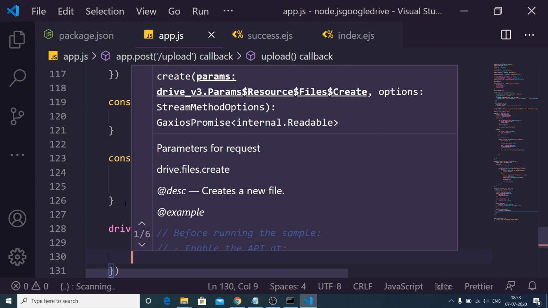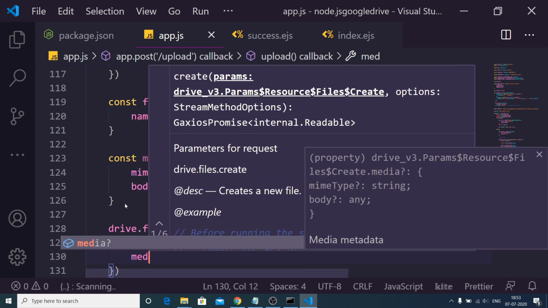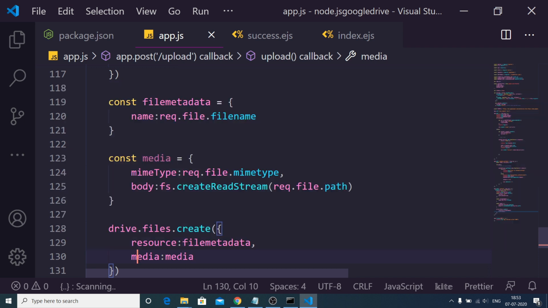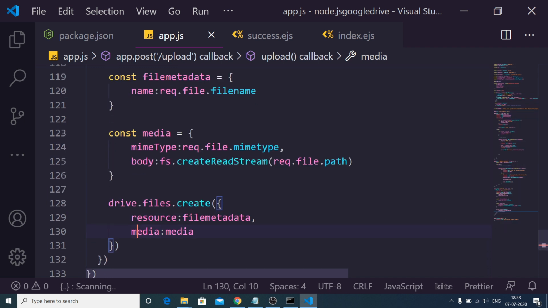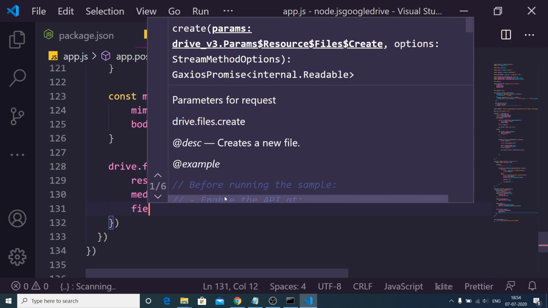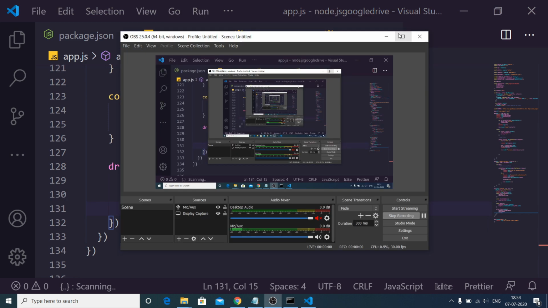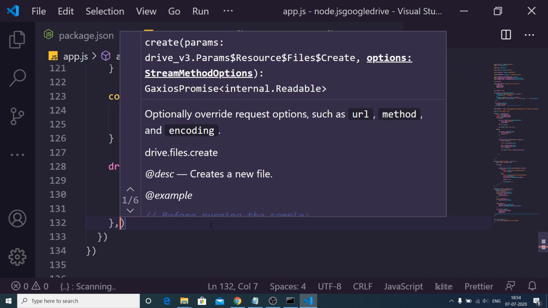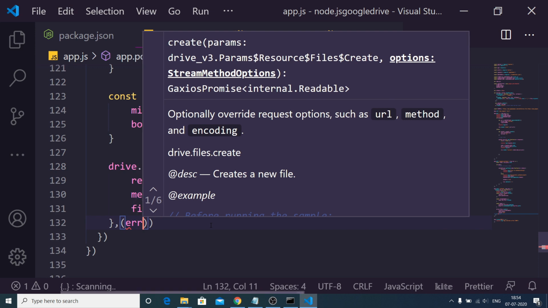It also takes a second property, media, which will be equal to the media object that we have configured. The third variable it takes is fields, which we need to initialize to id. And it also takes a callback function, which is err, file.